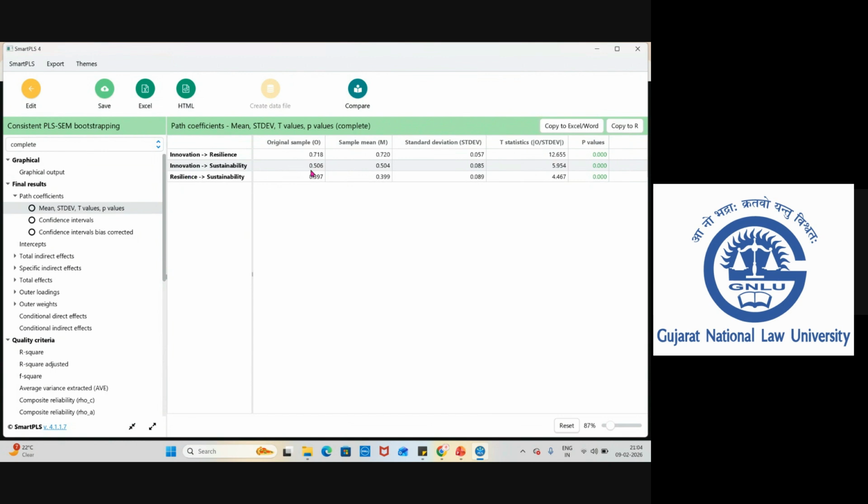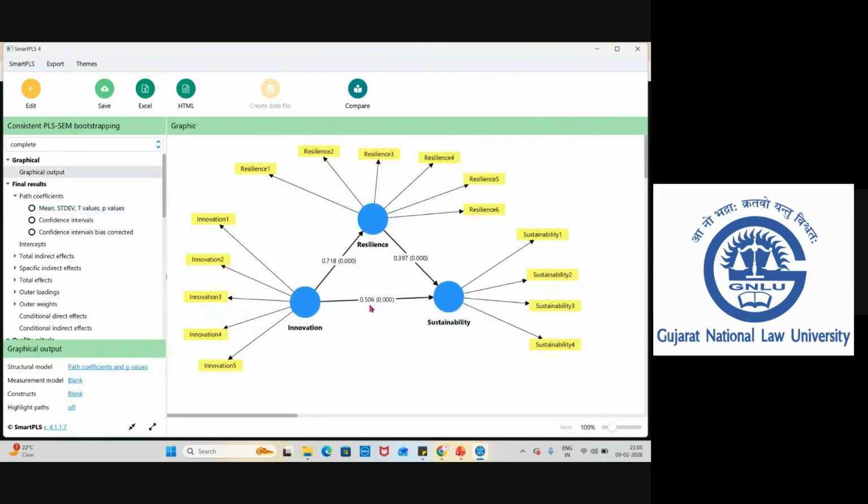Innovation to sustainability direct effect is 0.50. If you look at the graphical output, the direct effect is 0.50. As an independent variable, it is influencing the dependent variable.